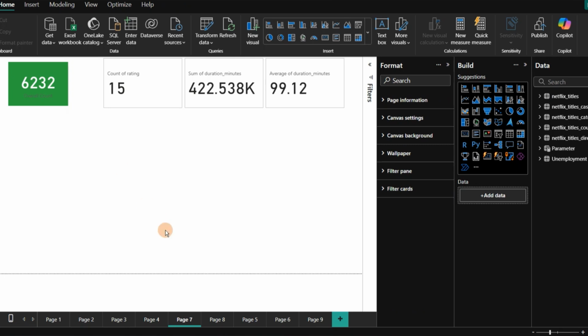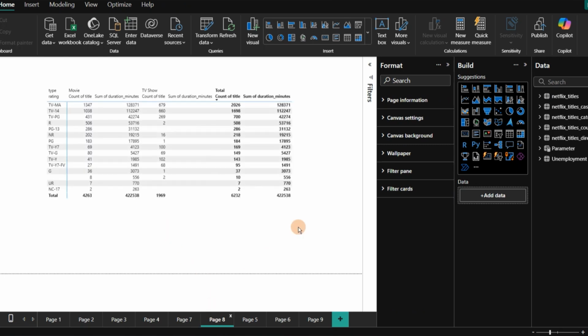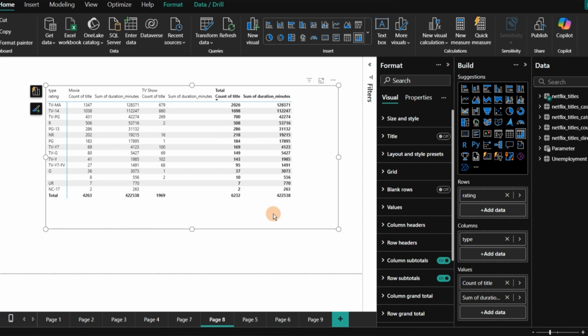Now let's see another use of conditional formatting in a table visual. This is a matrix table, and here I can make the most use of conditional formatting. In the Excel which we have seen, the option of arrows with the other sign options which we have in Excel, we can get all these options in this table visual.